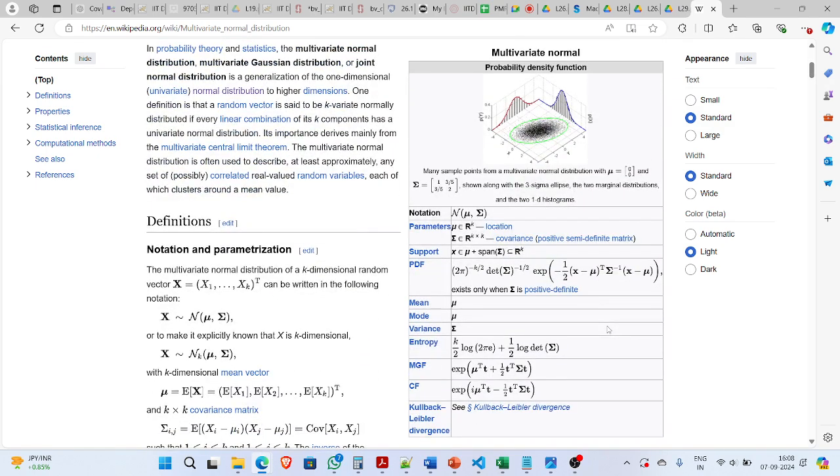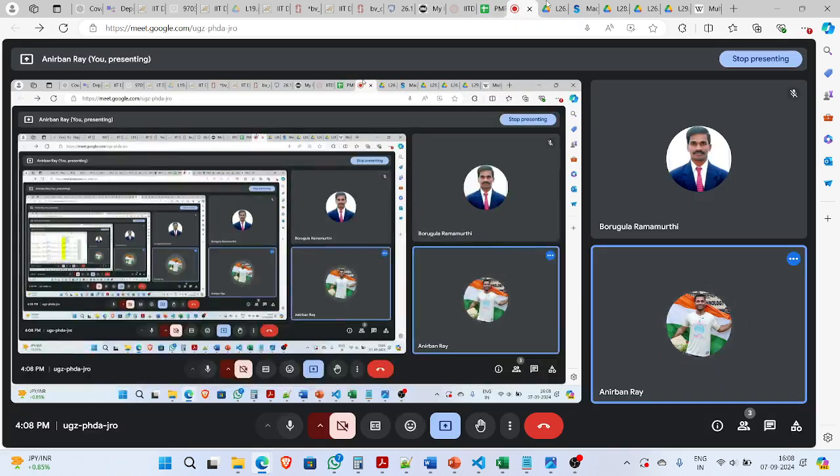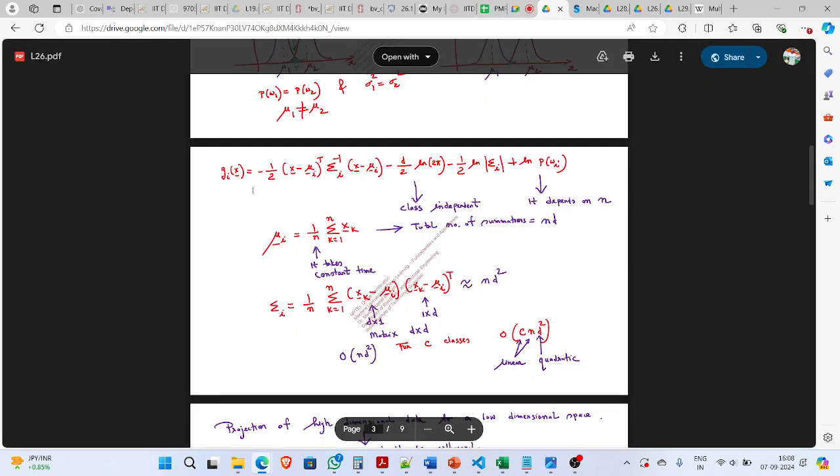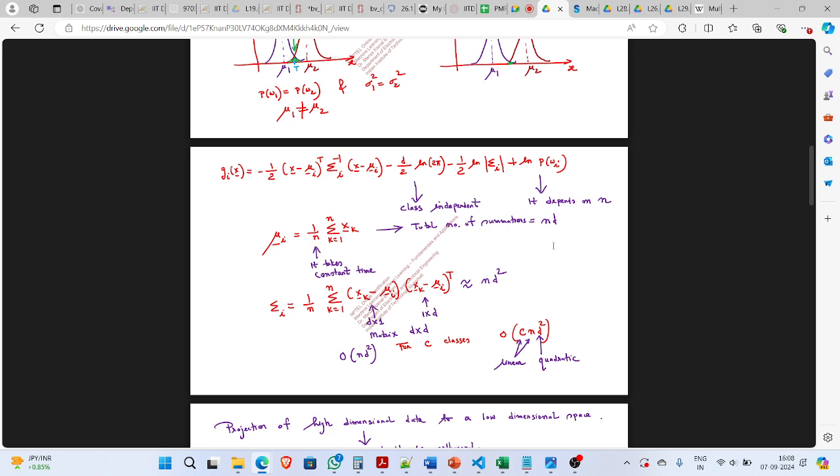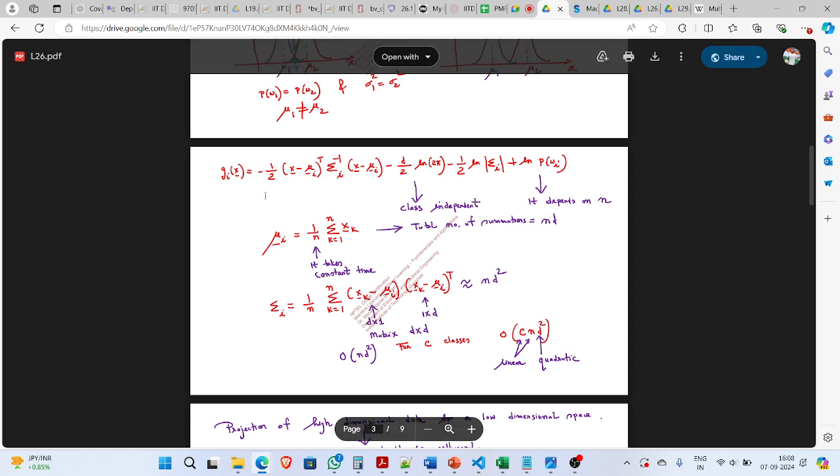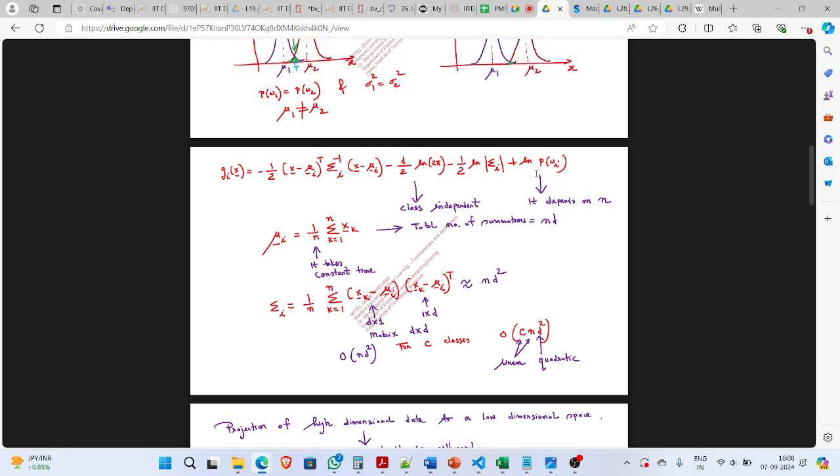And the function we are analyzing is the logarithm of the PDF of the normal distribution. So here what I want to represent to you is that